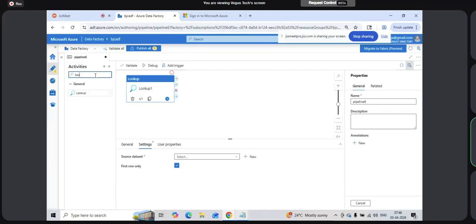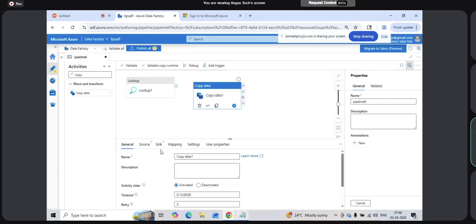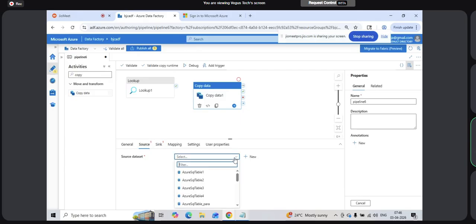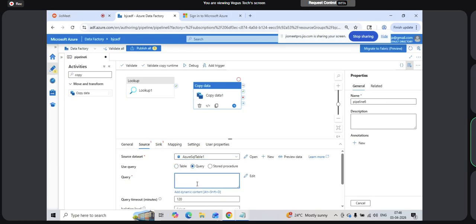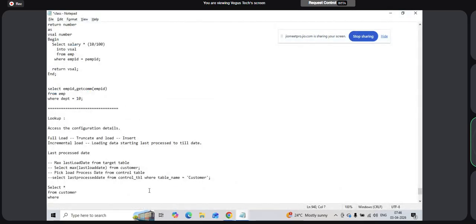In the source, you have the query, right? So this query you can write from the customer where last load date greater than, and this lookup activity whatever you are getting, you can store this value, or you can directly use